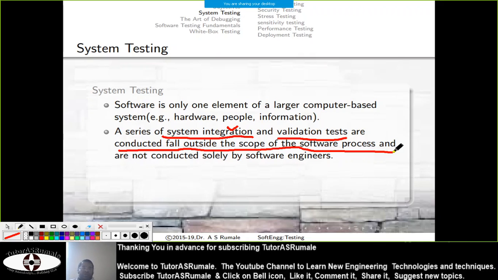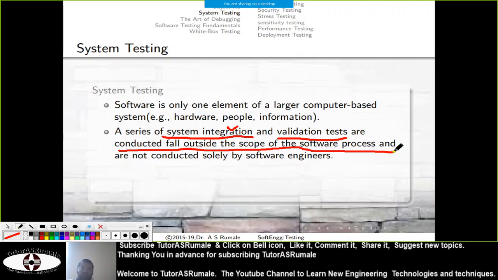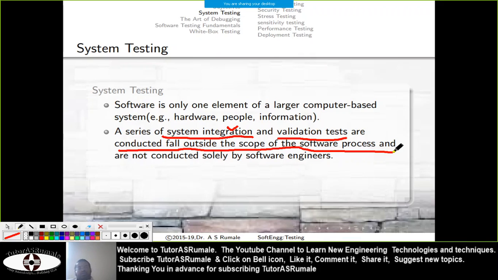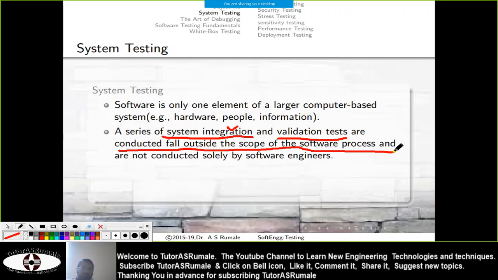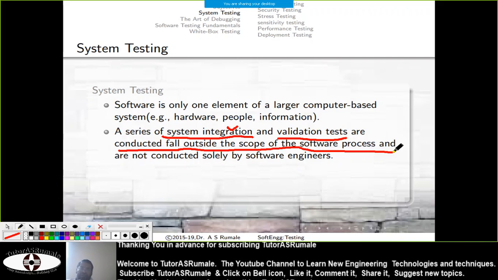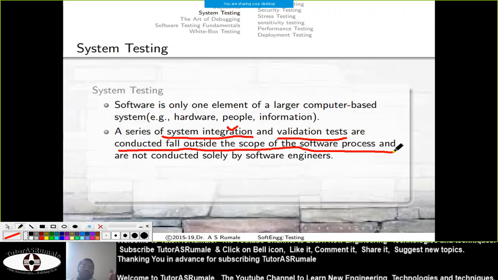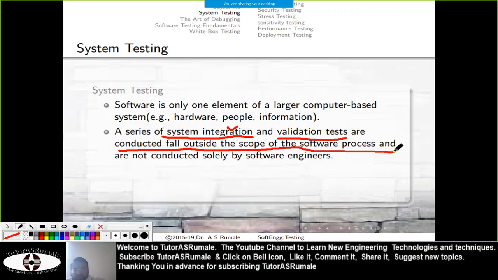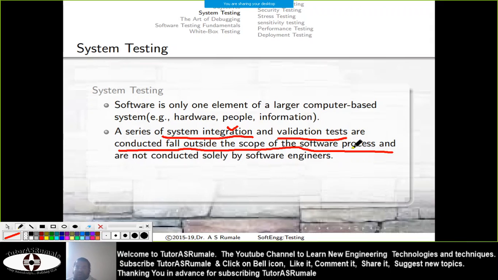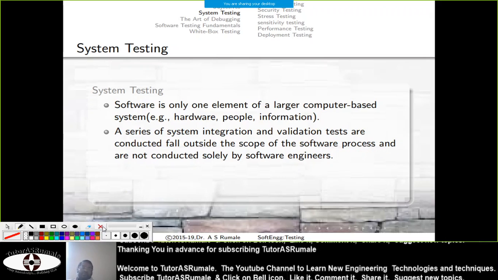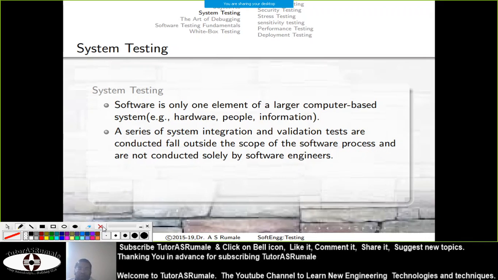Many times the customer doesn't know the technical details, and they simply want a certain type of output. If that output is not coming using the particular software, they may not validate that software. So validation testing is solely outside the software engineers' scope.